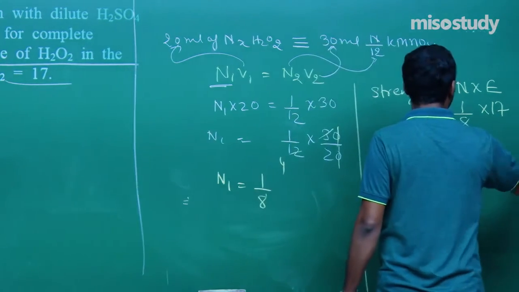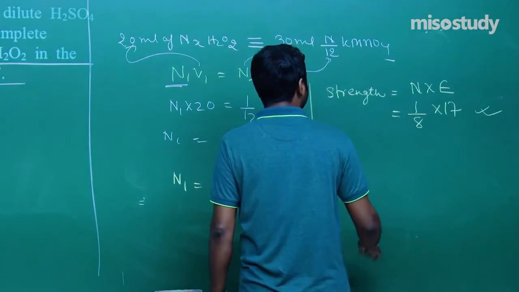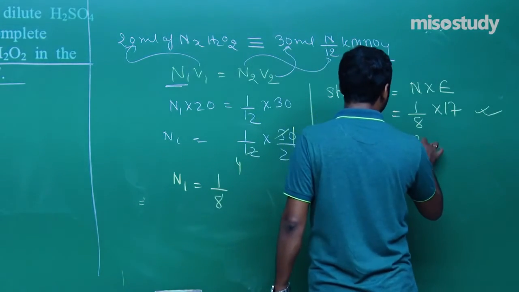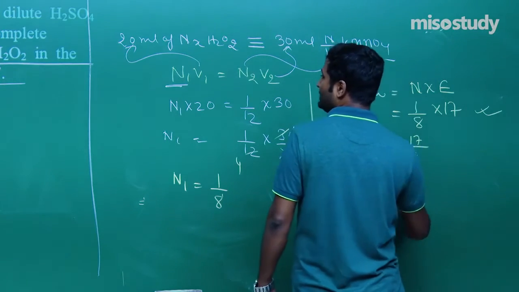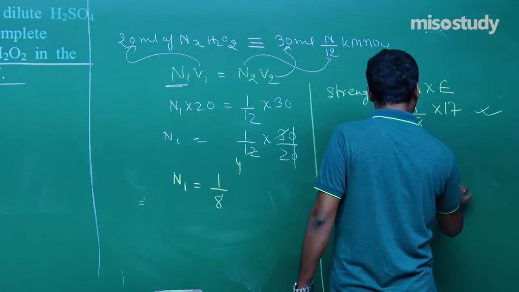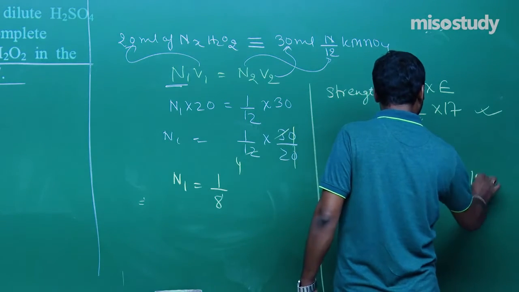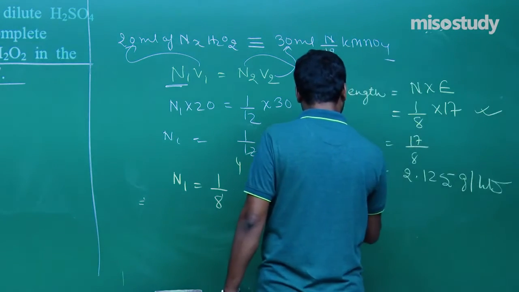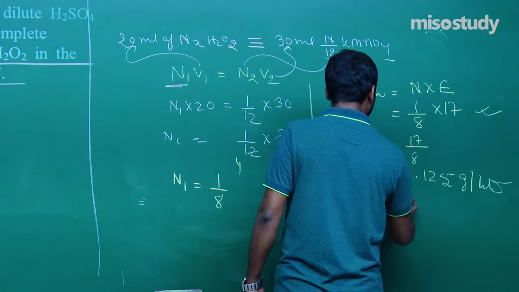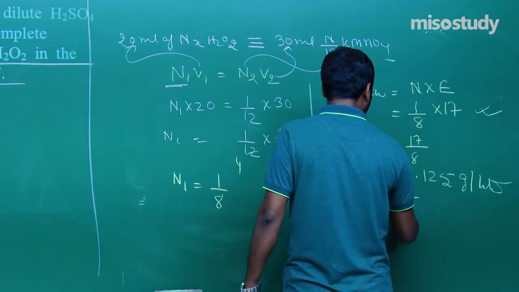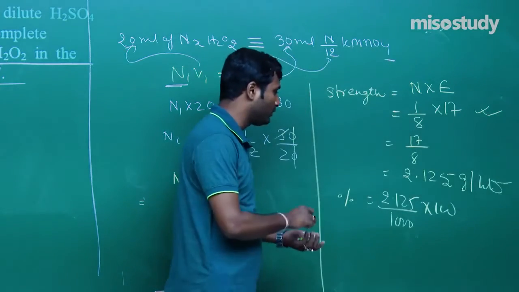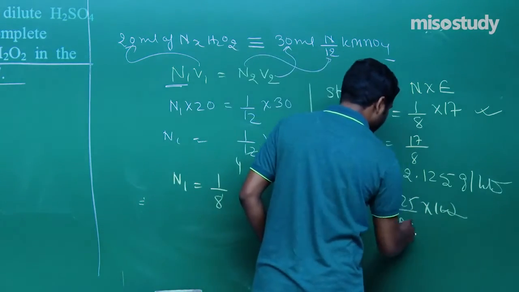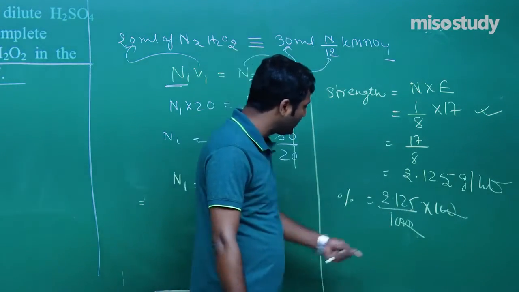After calculation, 17 upon 8, that is 2.125 gram per liter. Now what will be the percentage strength? It is 2.125 divided by 1000 multiplied by 100. Clear to you? Now what will happen? This will cancel this one. So the answer is